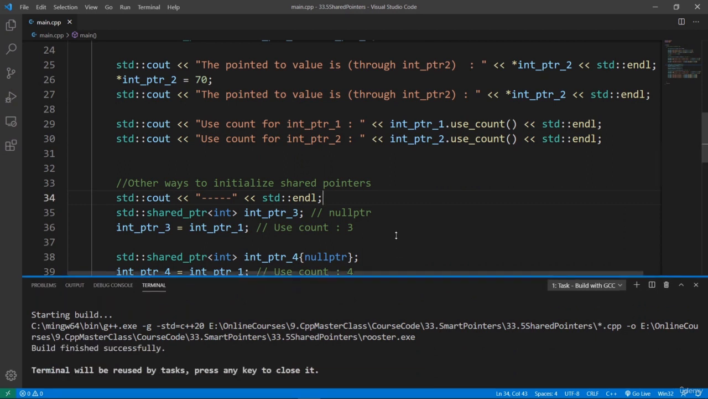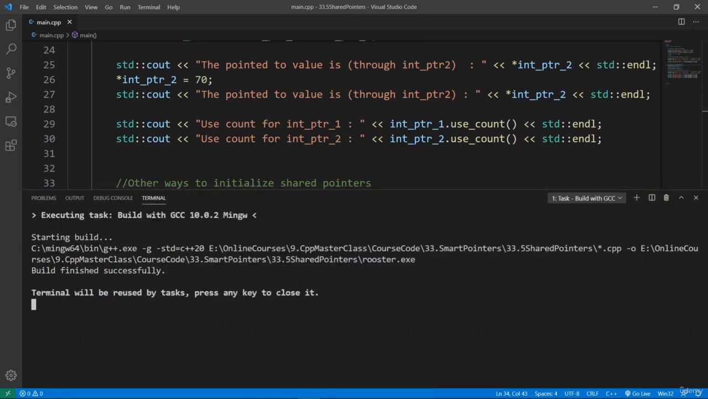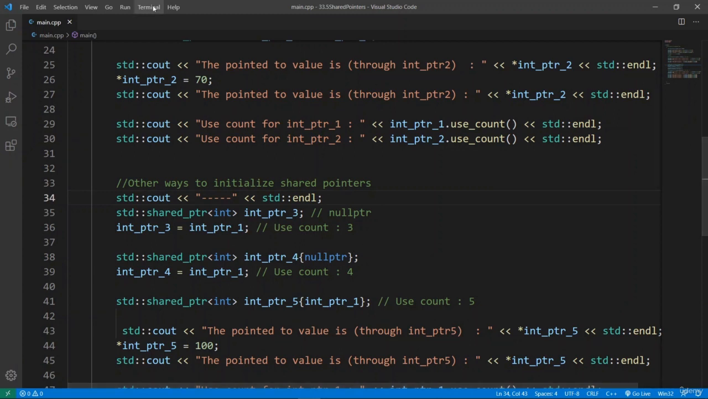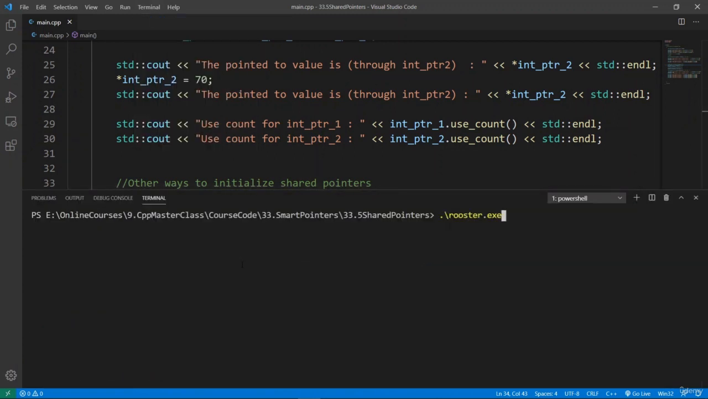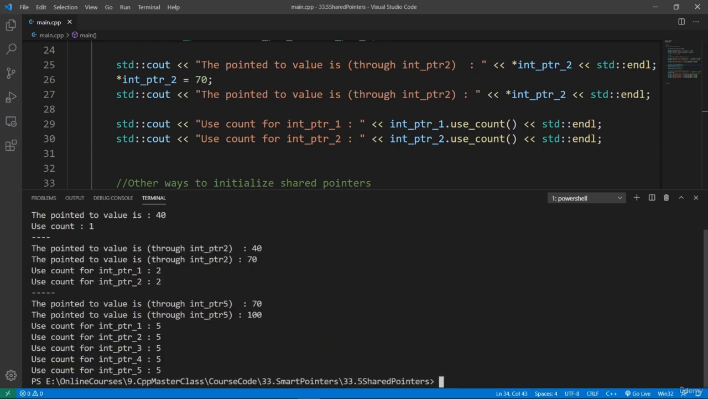Let's bring up our window here, and we're going to clear. You see that the build is good. We're going to bring up a terminal, and we're going to run Rooster. Now we're going to see